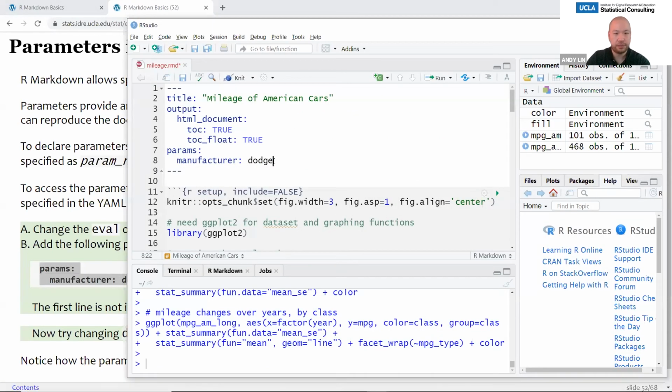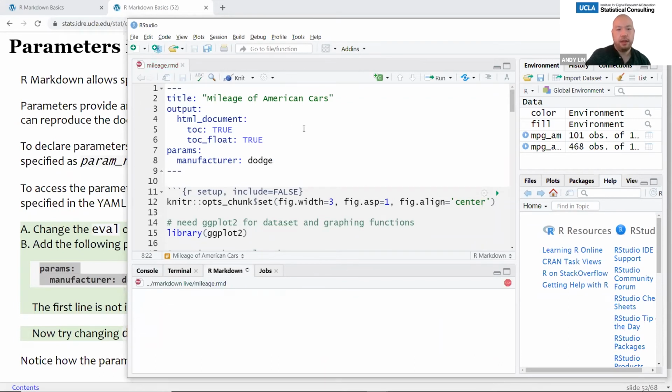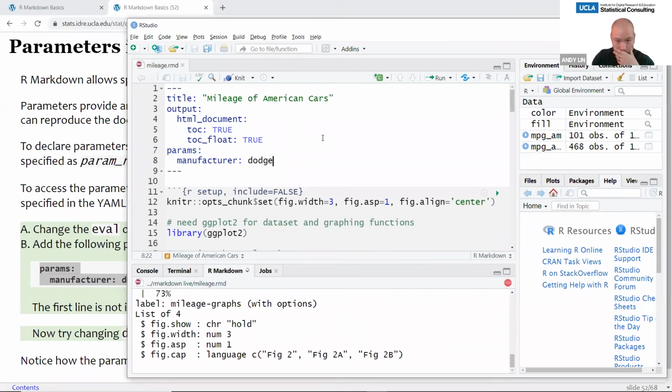If you prefer, you can just copy and paste this directly into here also. It should look just like this. Remember, the indentation is critical. Okay, so now when I run this code,